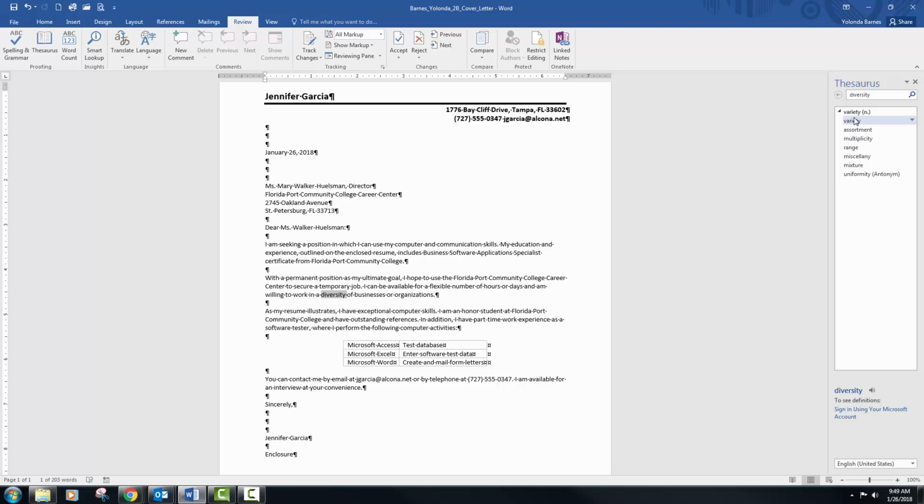So with this open in the Thesaurus pane, under Variety, point to the word variety and then click the arrow that displays and click insert. And then that changes the word diversity to variety. In the paragraph that begins as my resume, double click the word exceptional,